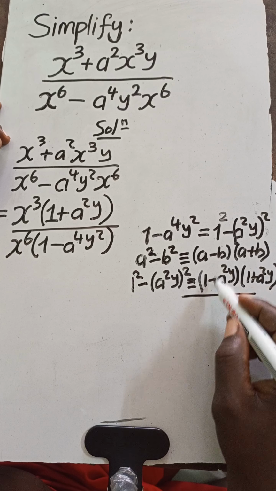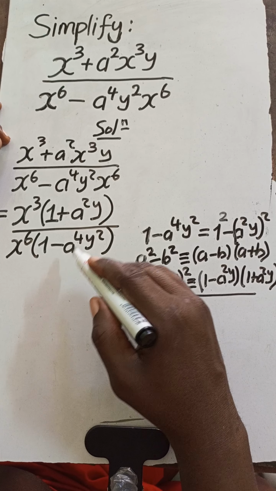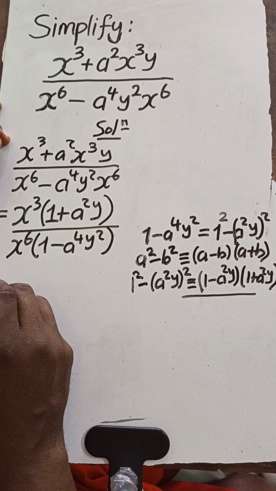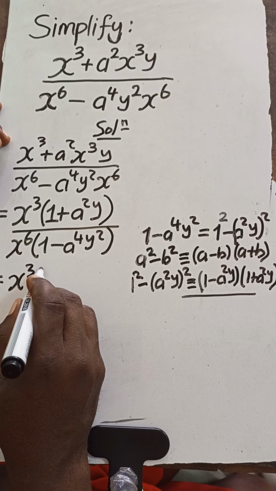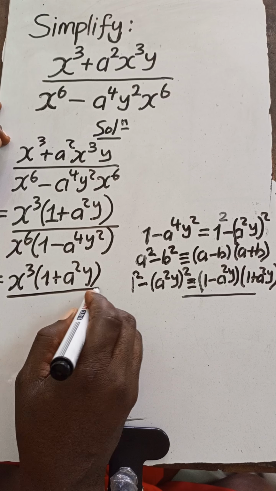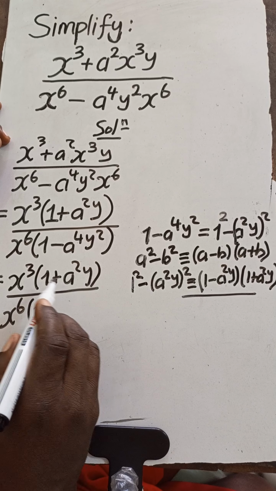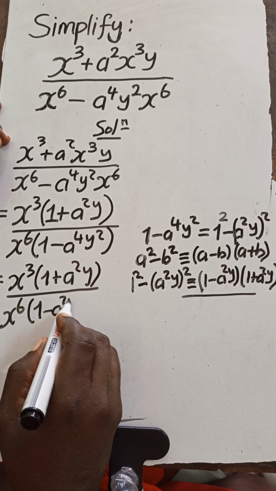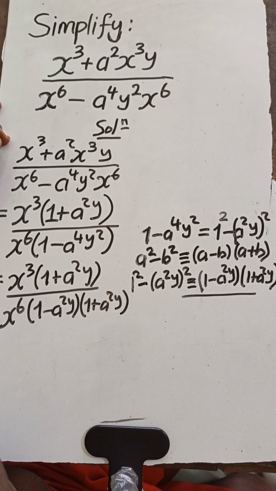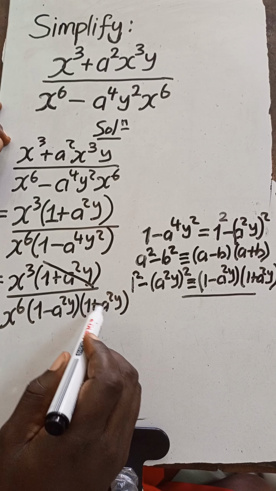Now let's use this transformed nature of this and replace this with it, and see if we can proceed with our reduction process. So this becomes x cubed into (1 plus a squared y), all of that divided by x to the 6 into (1 minus a squared y) into (1 plus a squared y). All right, we see that 1 plus a squared y is also at the numerator. So that factor cancels out that factor,